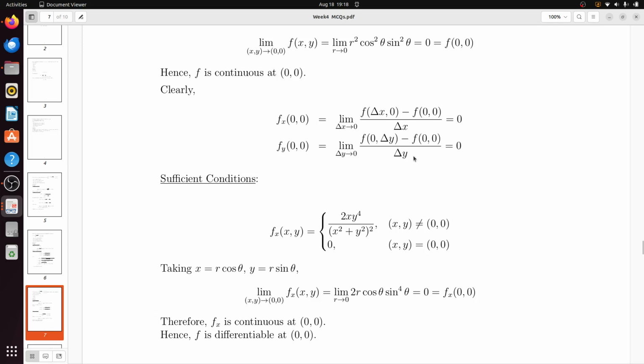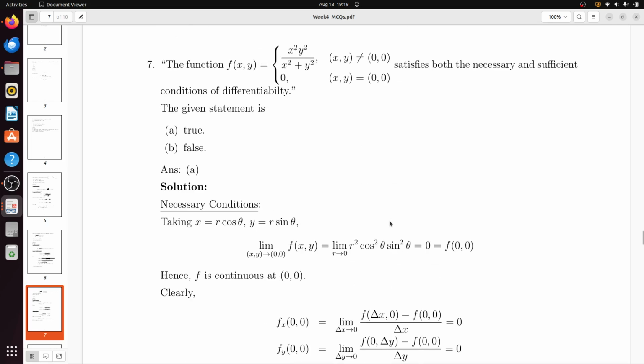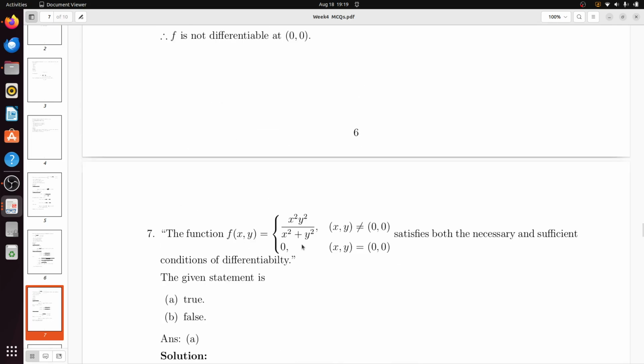Now partial derivative existence you have also shown, so the necessary conditions are satisfied. Now the sufficient condition is that one partial derivative exists and the other is continuous. So you can simply determine fx(x,y), where the only problematic point is (x,y) equal to (0,0), and that we have determined using the definition. Now the rest of the differentiation you can do when (x,y) is not (0,0). How to do? See, x square y square by x square plus y square. So how to first take the derivative?